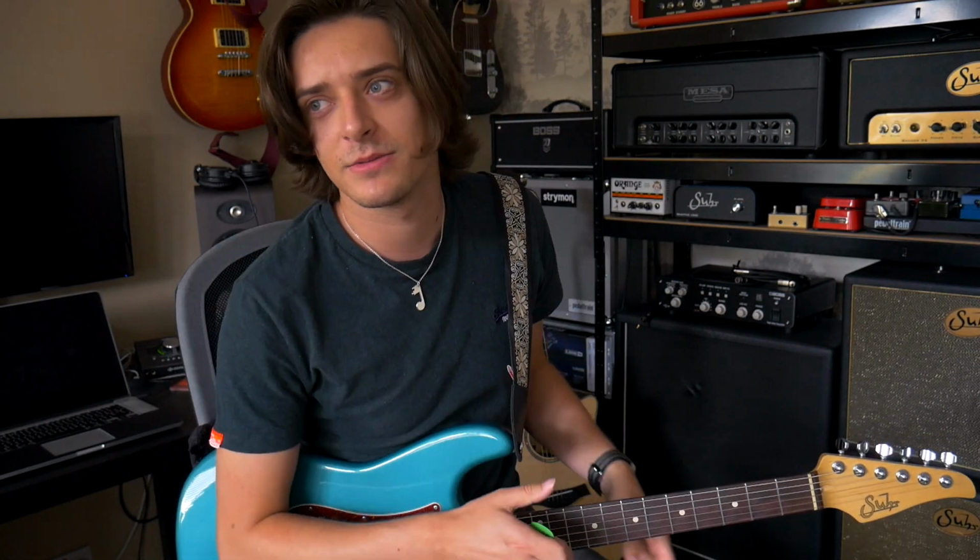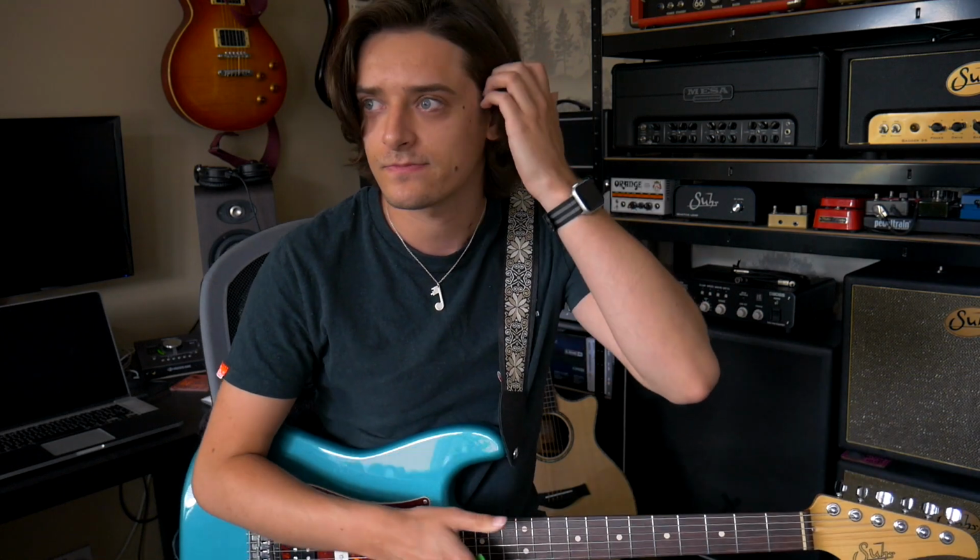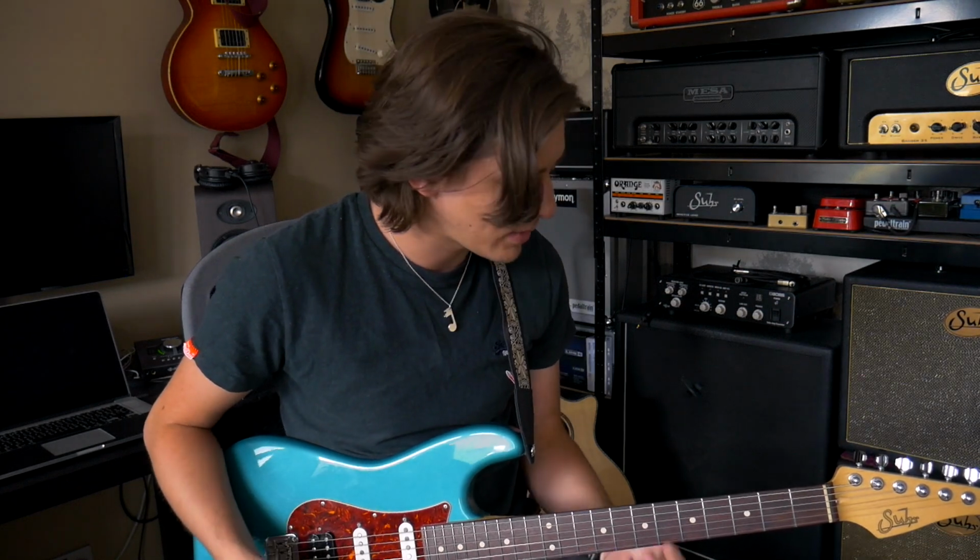So licks like that really stood out to me. They're not particularly showy, they're not particularly fast and technical, but they've got this massive kind of swagger to them, and a lot of that is to do with the sixth. I like the way that it implies the fourth chord in a typical bluesy kind of scale. So once again, if I just go back to that little sequence,